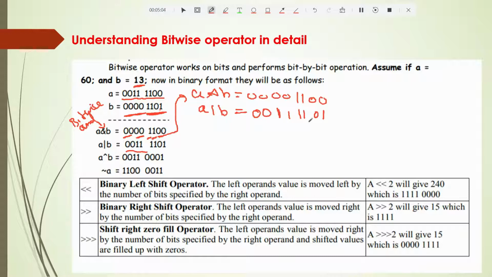Okay, so that is how you have to see. That is nothing but 2 to the power 0. Next is exclusive OR. What are the rules of the exclusive OR? Exclusive OR, or XOR: if both are zeros or both are ones, then it will be 0, otherwise it will be 1.